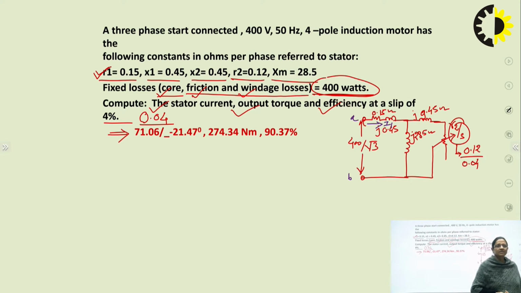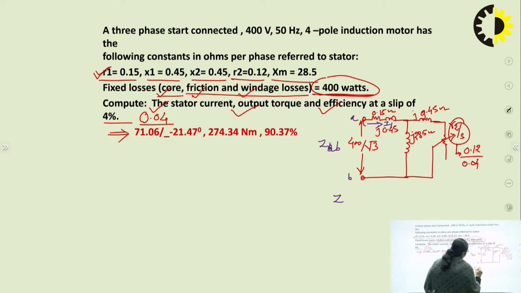If you see the equivalent circuit, you will find that this circuit is nothing but a simple series parallel RL circuit only, right? And we need to determine the input current to this RL circuit, right? So for determination of current, voltage is known to you, all the parameter impedances are known to you. So if somehow we can calculate the total impedance as seen from the input terminals, we can very well solve the question for determination of the stator current, which is nothing but the input current to this RL circuit. So you can see that impedance ZAB